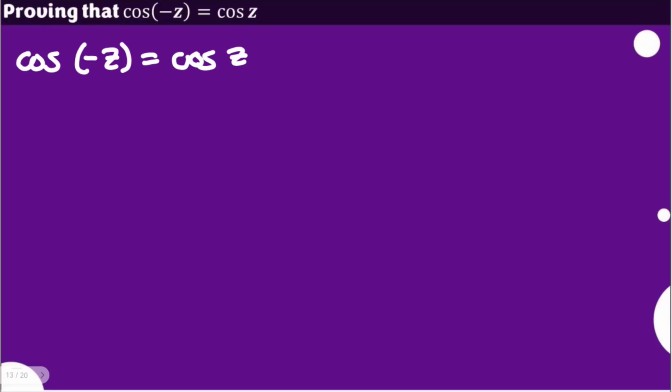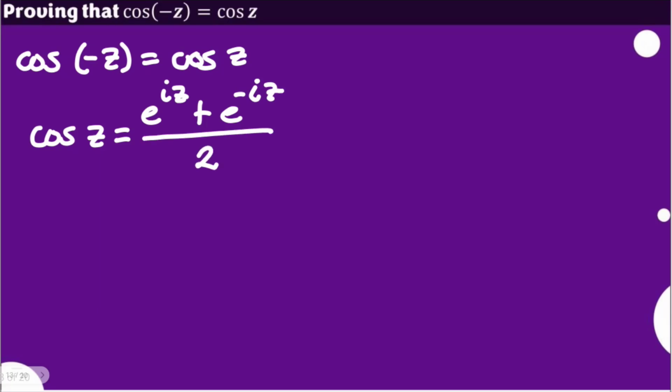Now, we're going to show that for this given, cosine of z expressed as e to the power of iz plus e to the power of negative iz over 2 would satisfy the given equation when z is negative and z is positive. This is even true for the real number system when we use cosine of negative theta is equal to cosine of theta, which means whichever angle you plug in here, they will have the same result. This type of identity is called even because, as mentioned, if you plug in the negative of the angle or theta here, and the positive, you will get the same result.